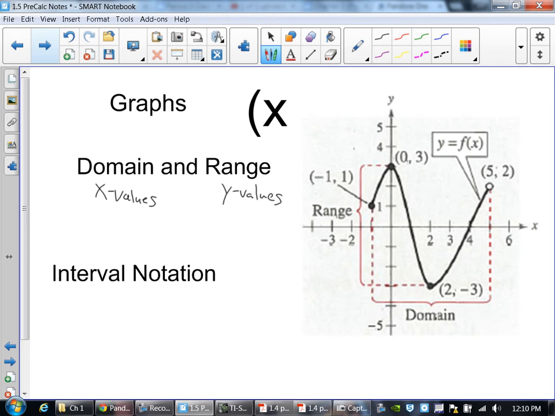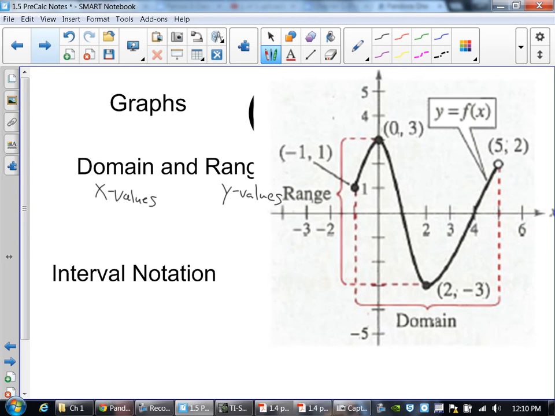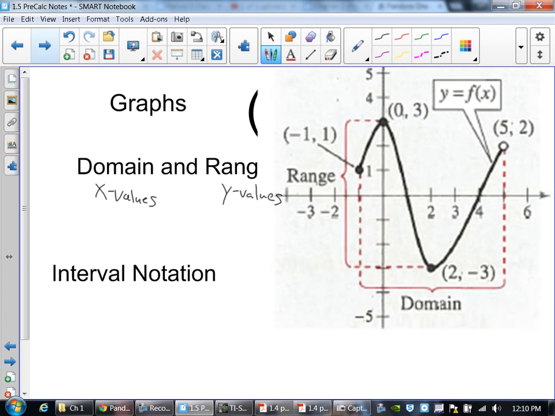This is just one simple part of a graph of a function that starts at -1, 1, oscillates through, and has an open dot at 5, 2. What I'm looking at as my domain is my possible x values. My range is my possible y values. The low spot for your range was at -3. The high spot is +3. So on an interval,